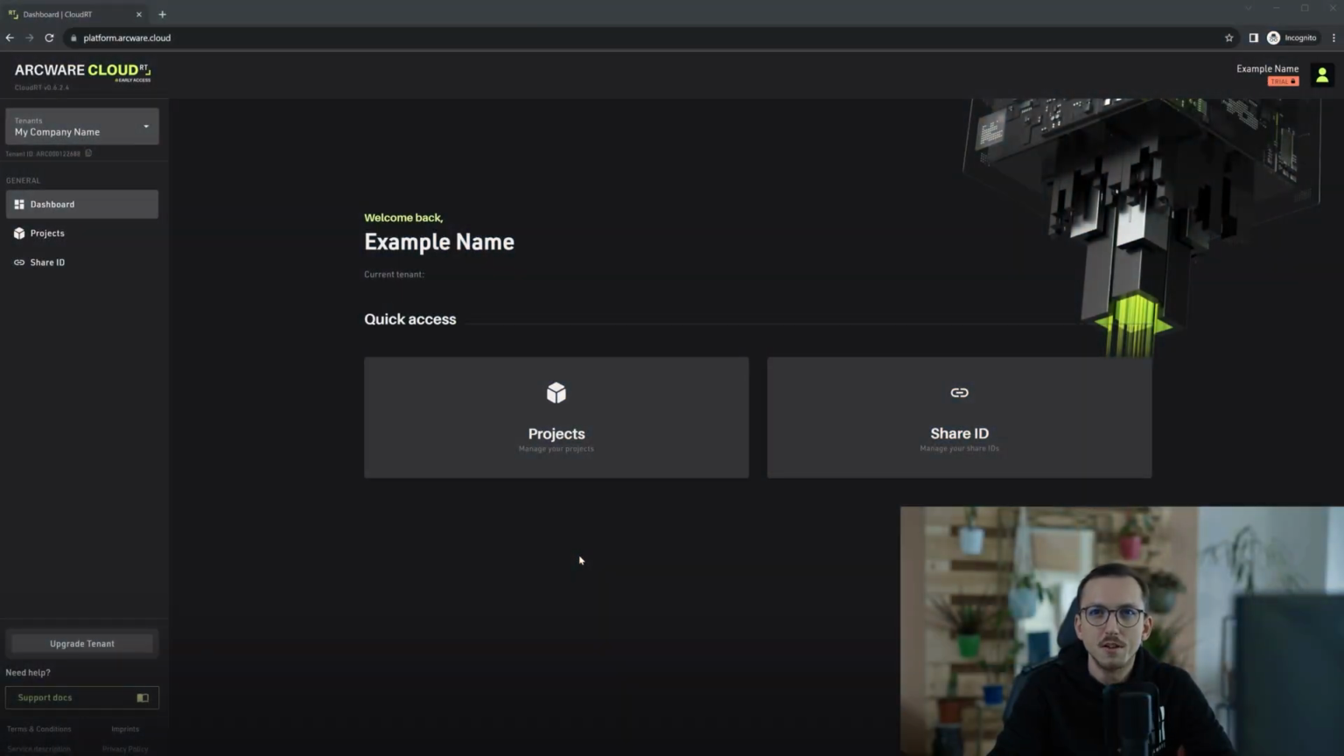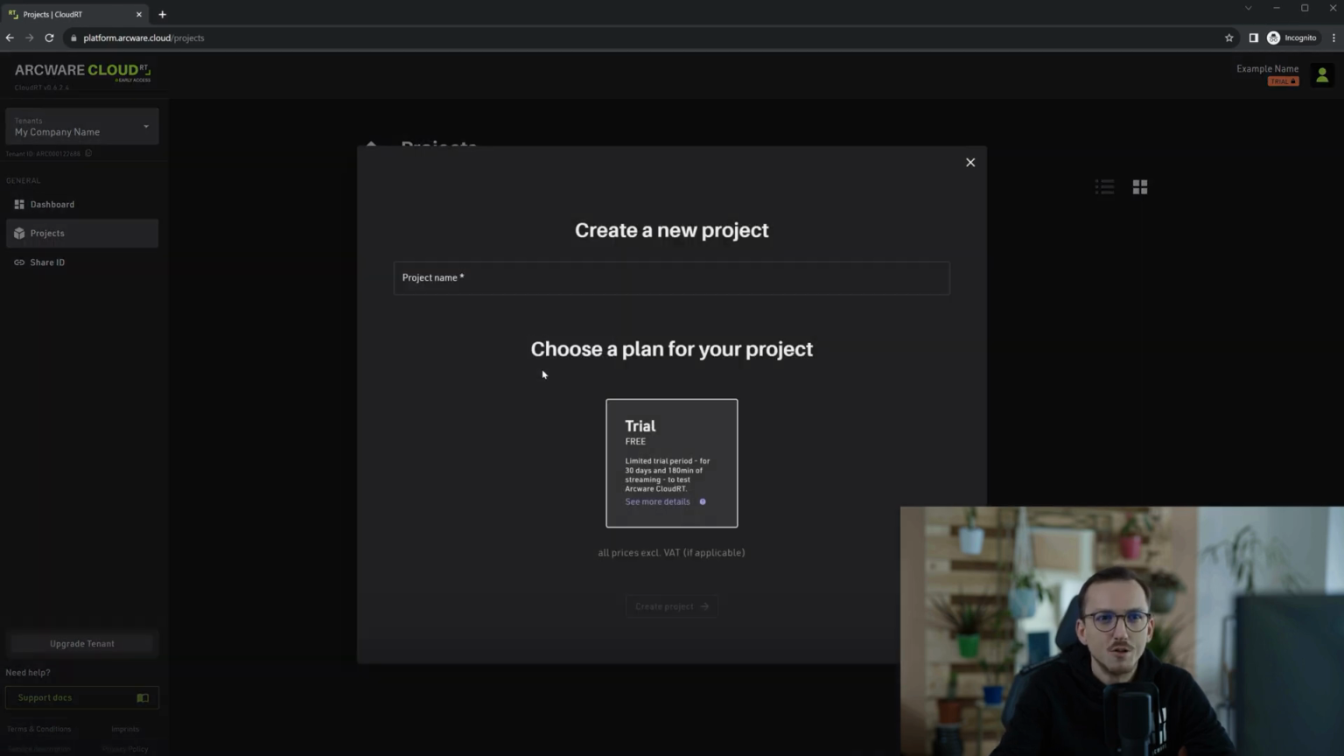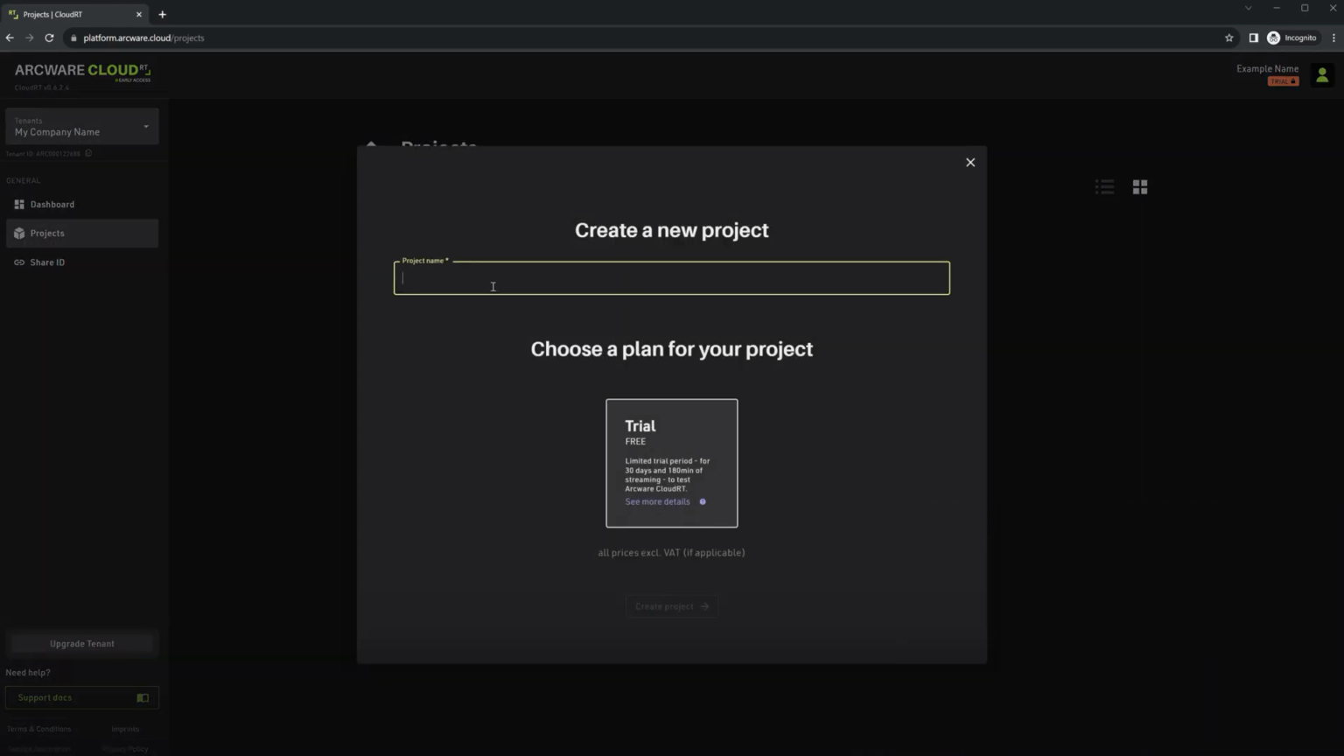With your account created and your tenant ready to utilize, I'll now show you how to create your first project. You can create new projects in the Projects tab. Just click Create a new project and then give it a name. Here you're also able to choose a plan for your project based on the plans you have available for your